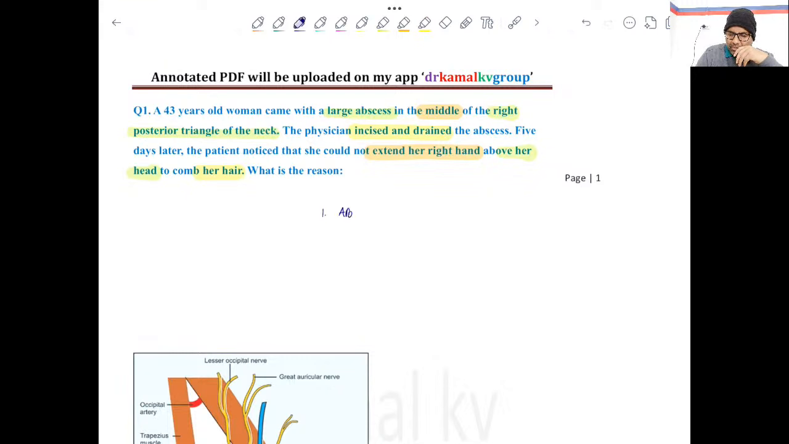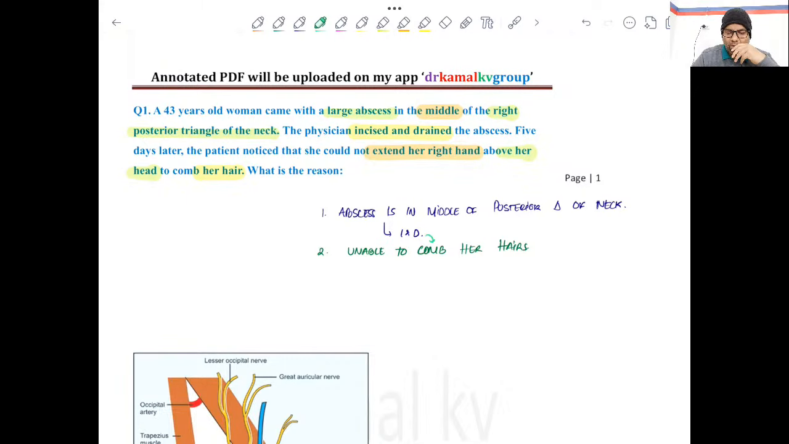The abscess is in the middle of posterior triangle of neck. Clear? And secondly, post incision and drainage, the lady was unable to comb her hairs. So it means when incision and drainage was done, maybe some nerve was injured so that she couldn't comb her